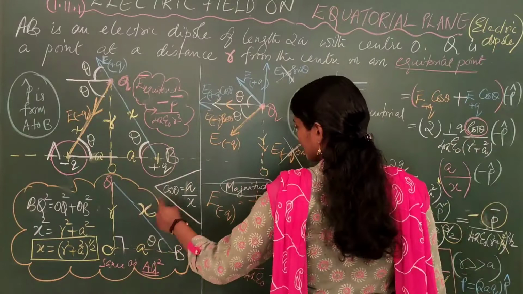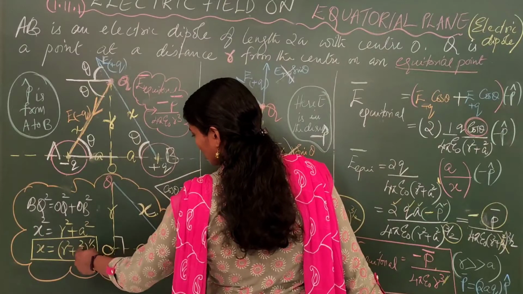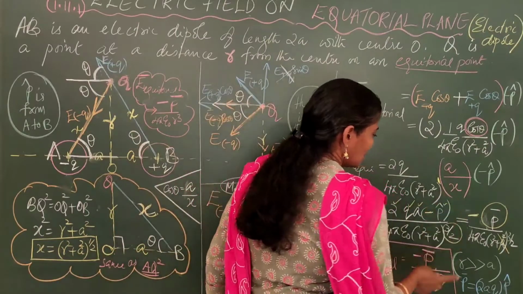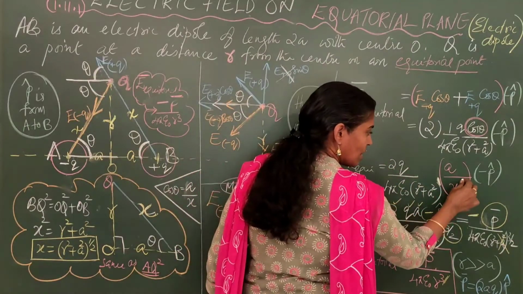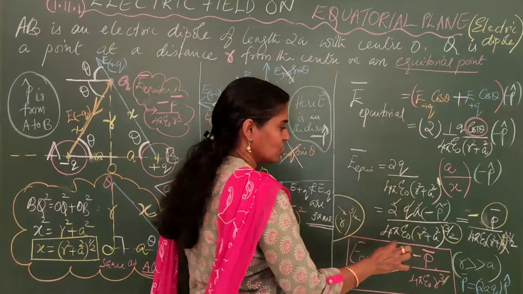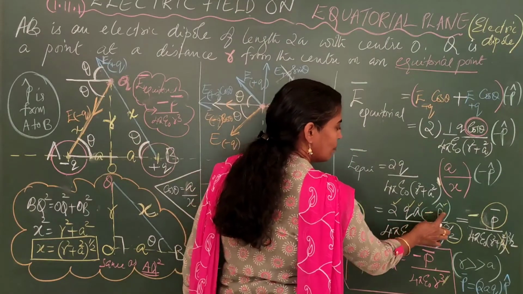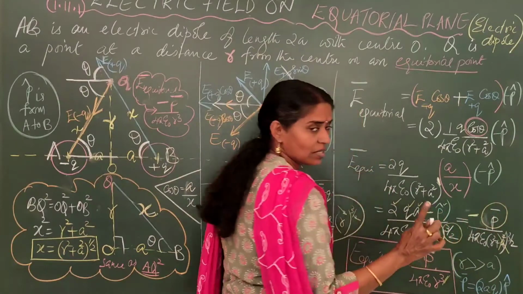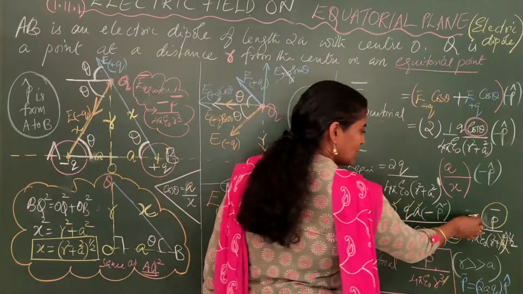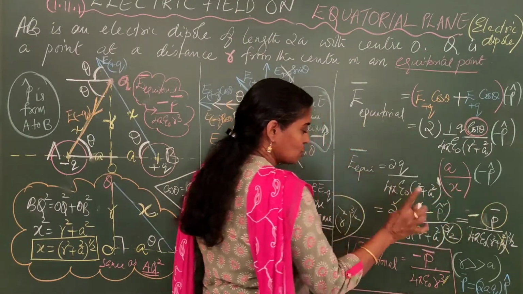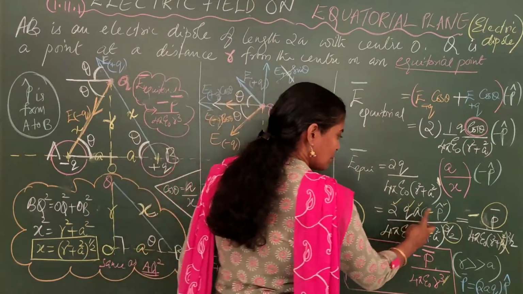And what is cos theta? As I have already mentioned, a by x. What is x? x is root of r square plus a square. So substitute here. What you will get? Here you will have r square plus a square to the power 1, here to the power half, the same thing to the power half. So you will have half plus 1, 3 by 2. Numerator 2qa p cap together is known as p bar. The minus sign I have carried over here to show that it is in which direction? Opposite to p cap. Remaining I have written.